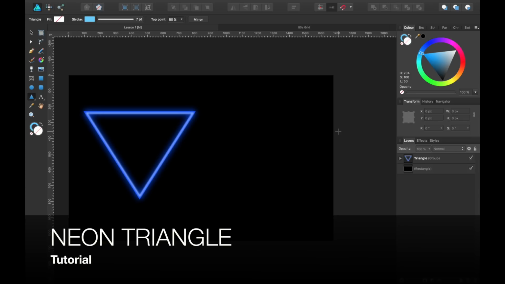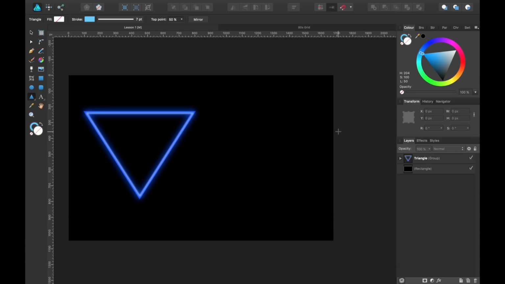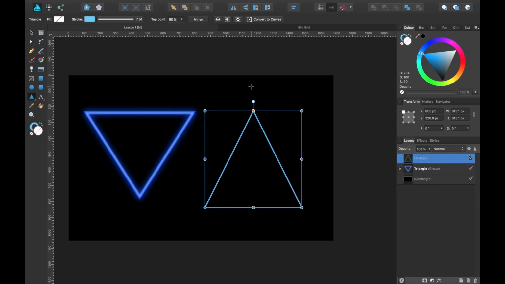Now let's create the neon triangle. Here's one from my design. Let's make another one next to it. So choose the triangle tool, click, drag. If you keep your finger on shift, it won't get slimmer and fatter. There we go. Let's flip this upside down by using this tool up here.